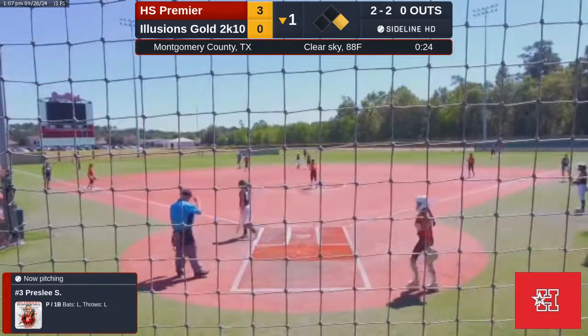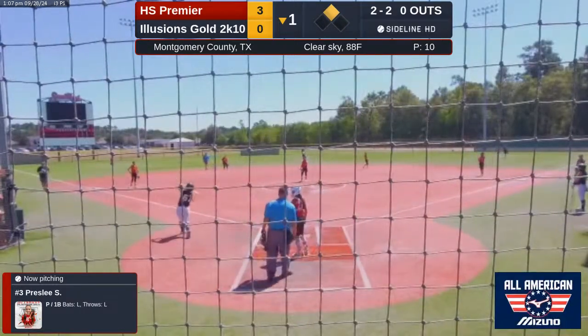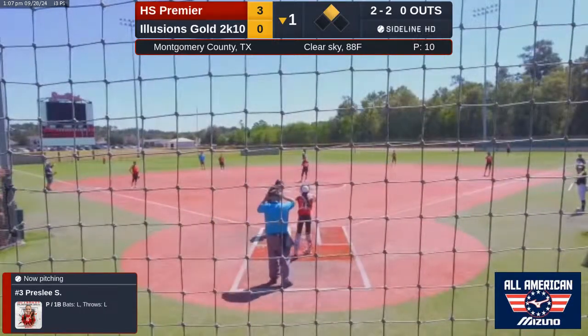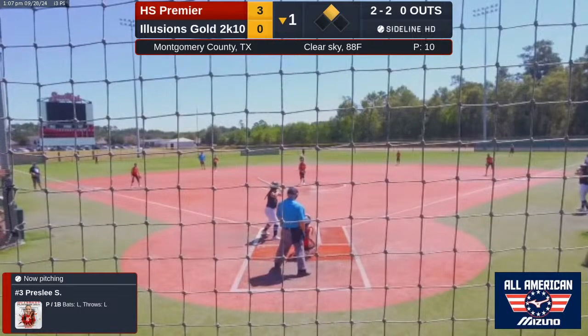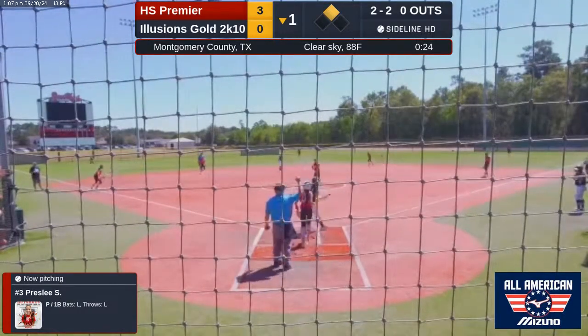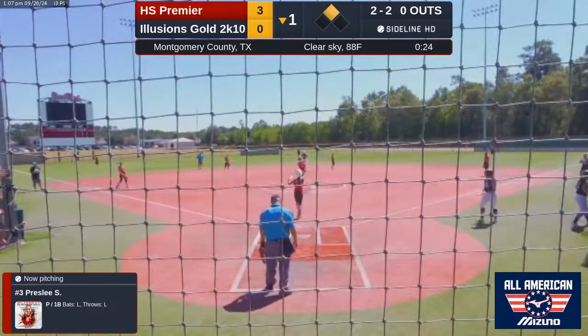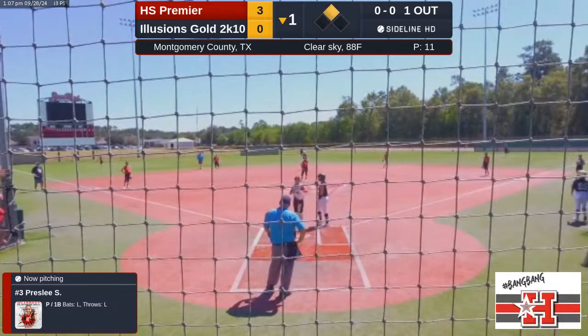Now you have a 2-2 count. And runner at second. It's a good pitch, strikeout swinging. One out here, bottom of the first.